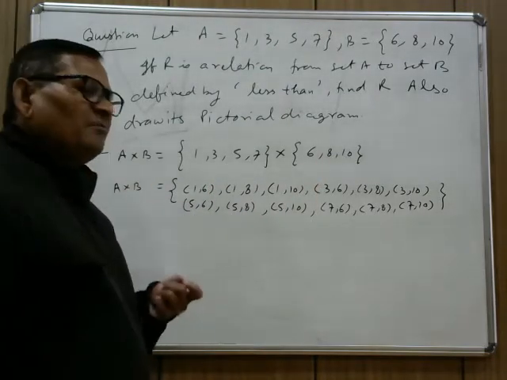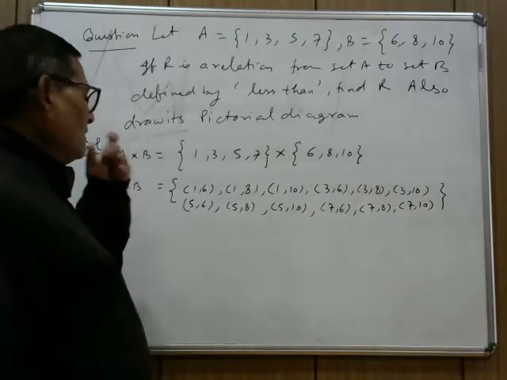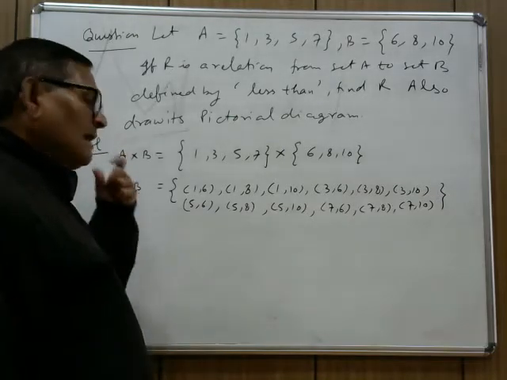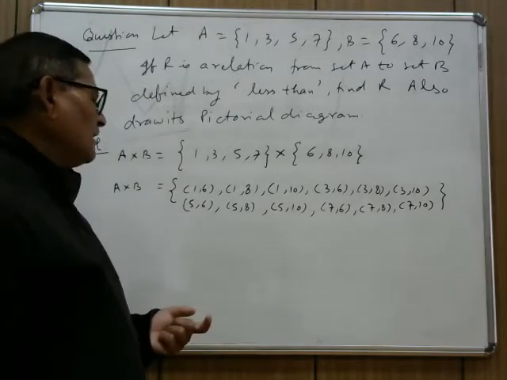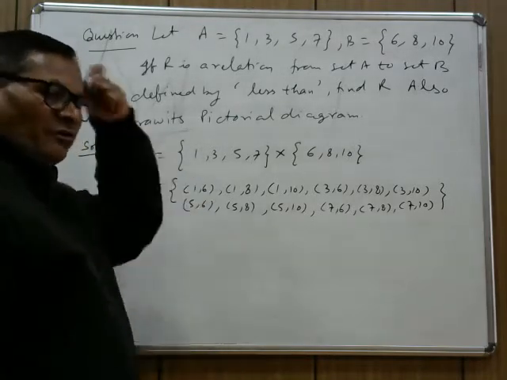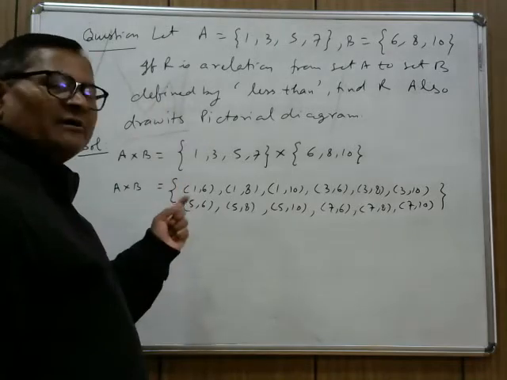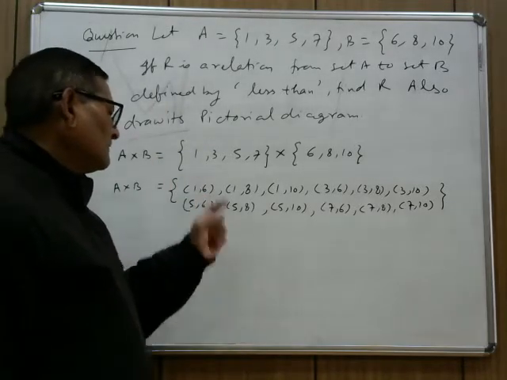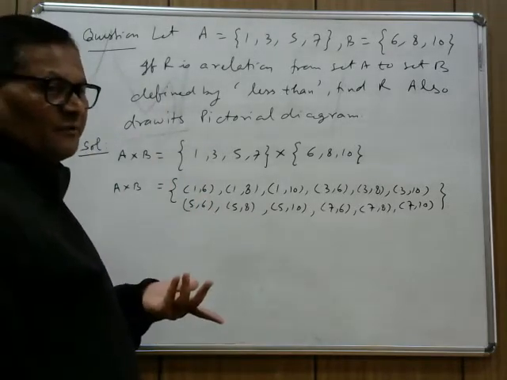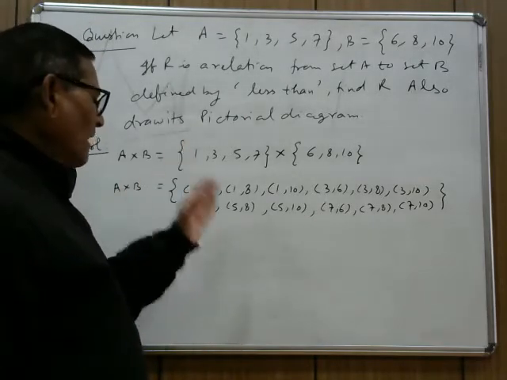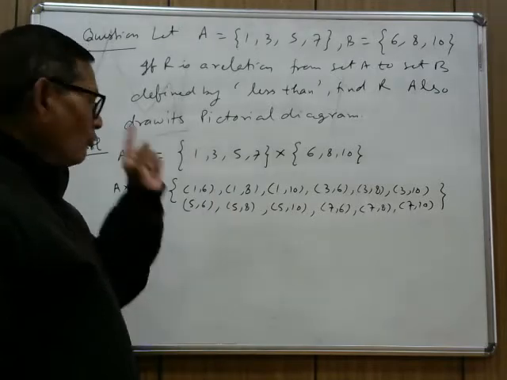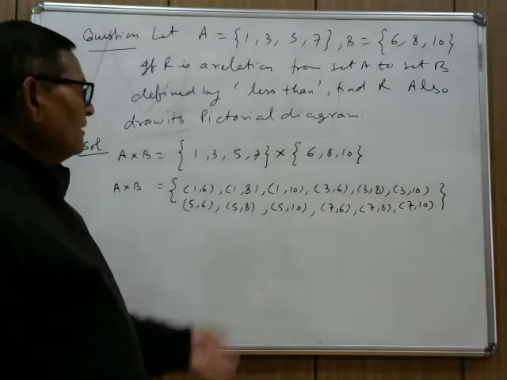Your relationship between the numbers is less than. That is the relationship between the first element and second element of each ordered pair. You test that. In the first ordered pair, 1 is less than 6, so 1 is related to 6. (1, 6) is a member of that relation. (1, 8): 1 is less than 8, 1 is related to 8, and (1, 8) is a member of